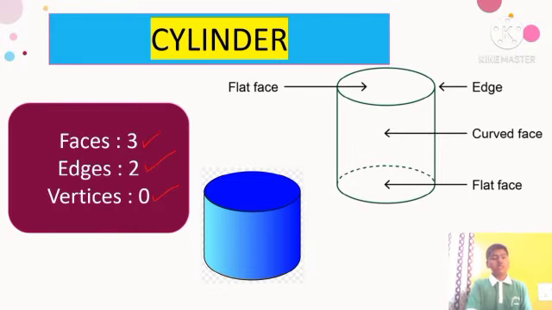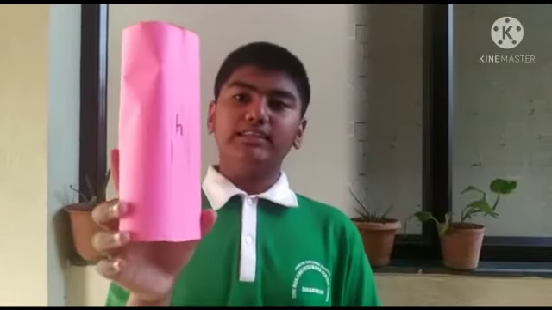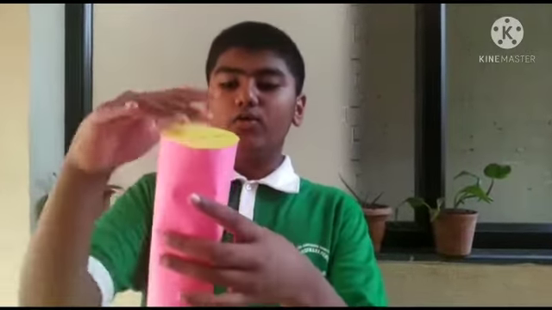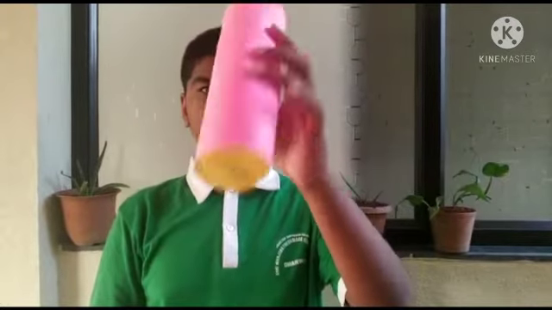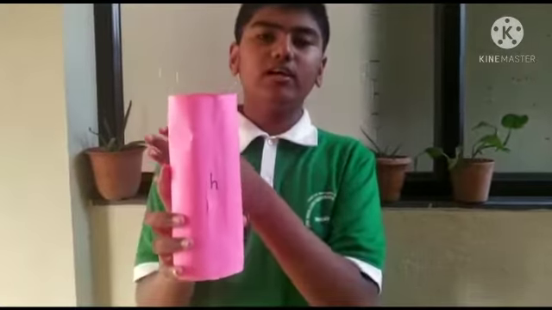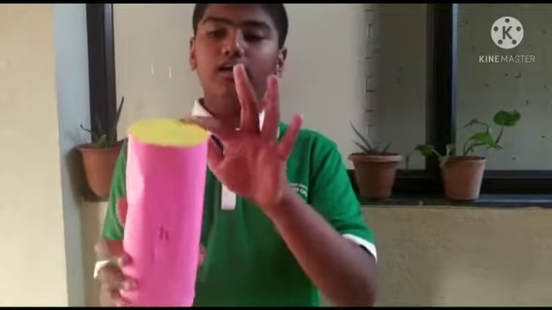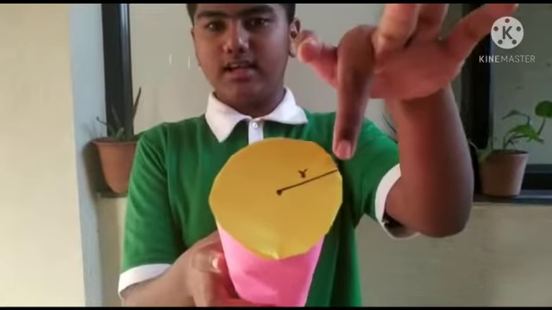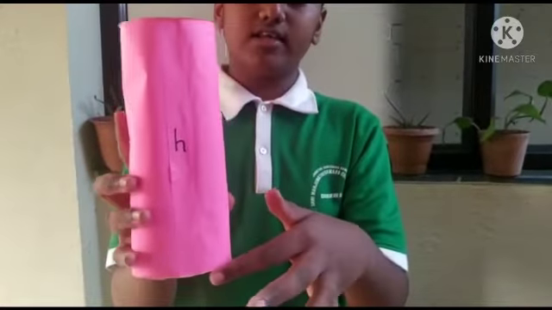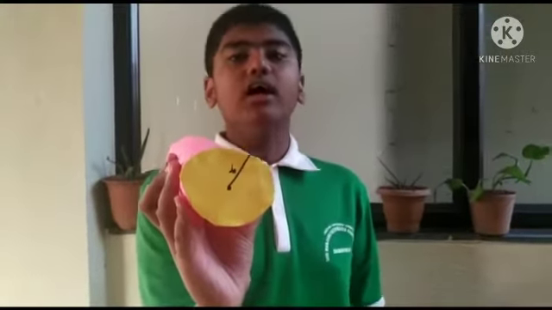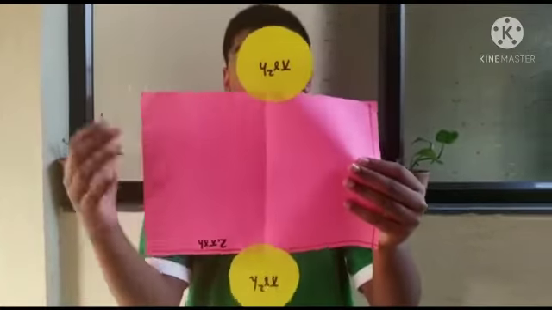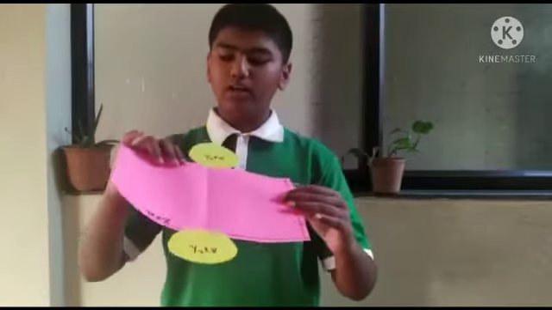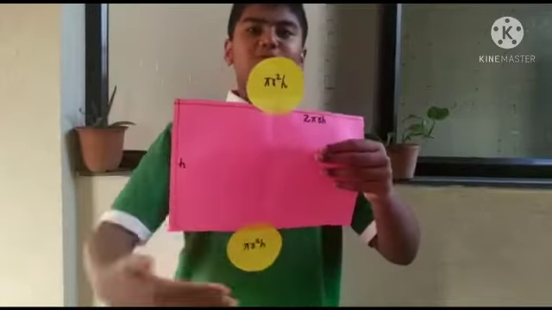So now let's see the structure of the cylinder in detail. This is how a cylinder model looks. It has two circular faces on the top and bottom, and it has one curved surface. Here, this top circle has the radius. Here, this curved surface has a height, and again the bottom circle has the radius. Now when you open it up, it looks something like this. This is a net: one rectangle and two circles.